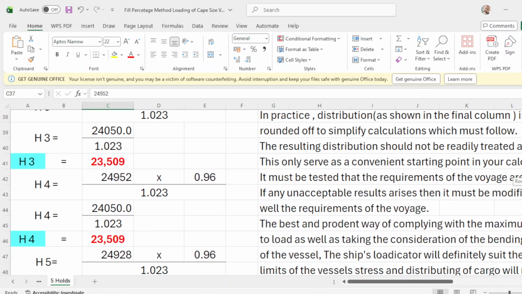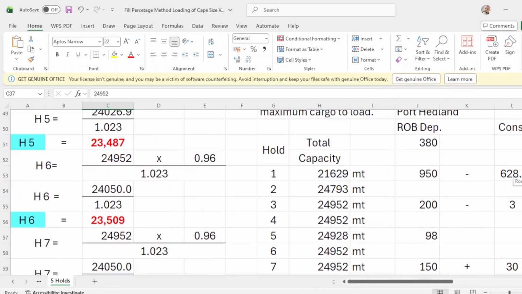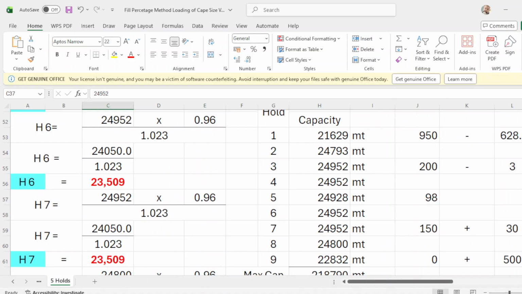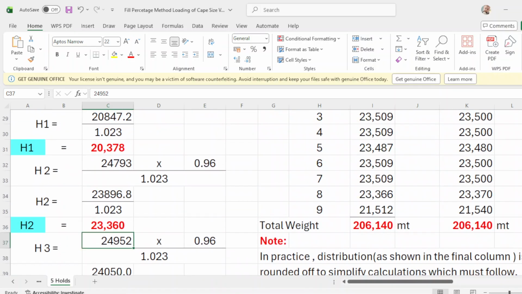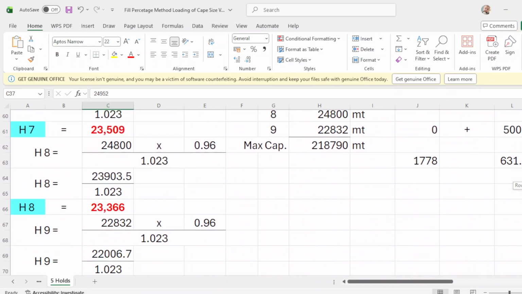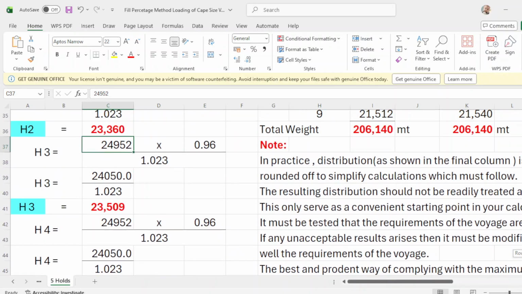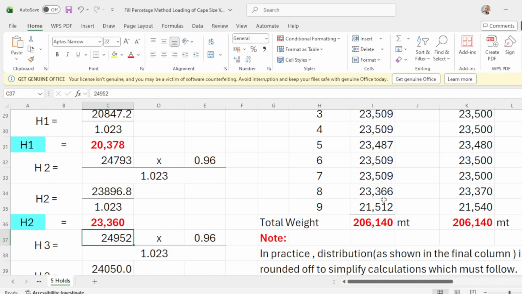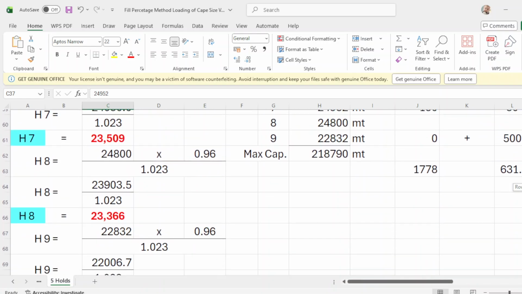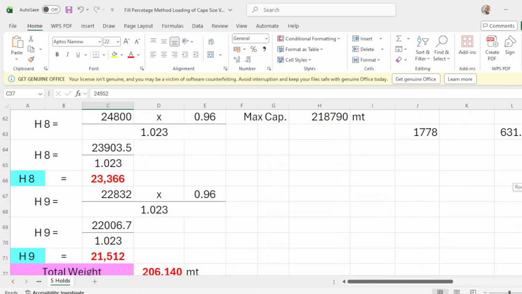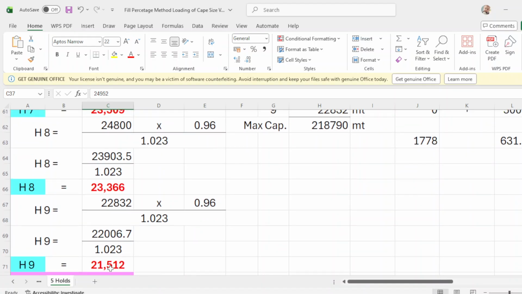Then we go to number 7, which is 23509. Then number 8 is 23366. And the last, hold number 9, is 21512.